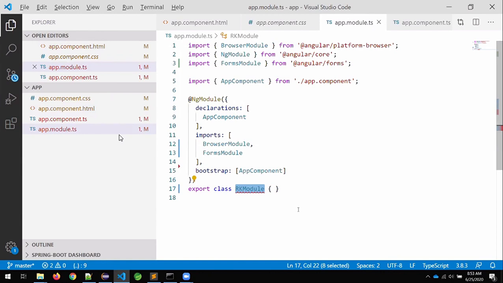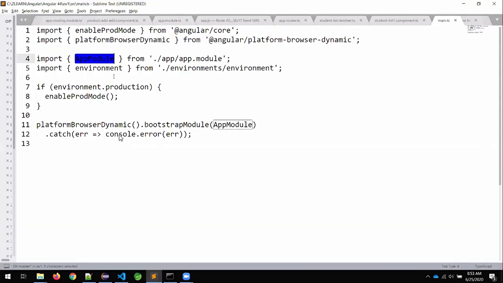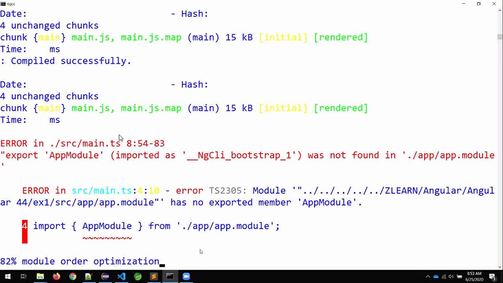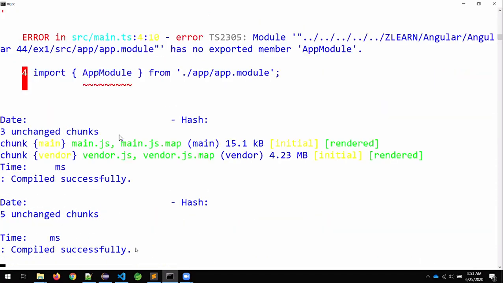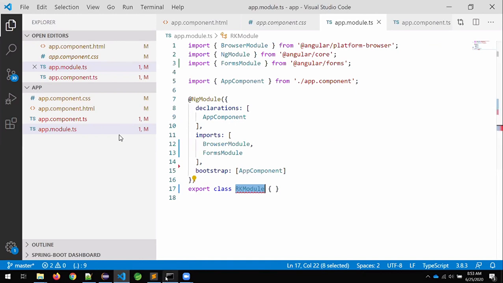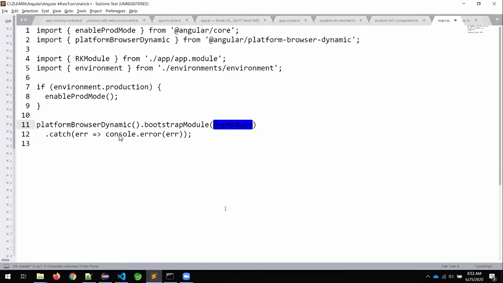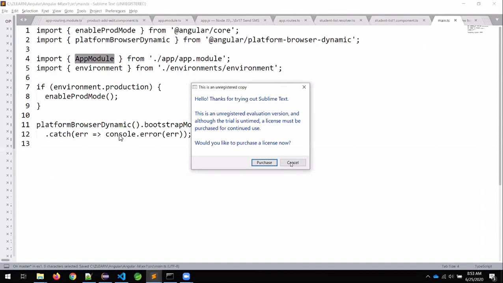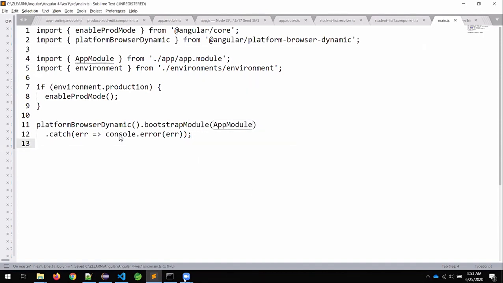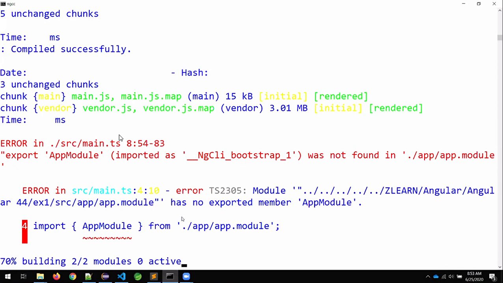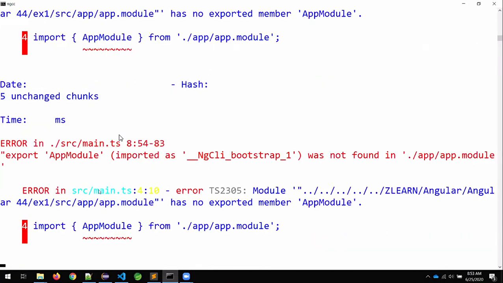Now, what is the file name? RK module. See, compiled successfully. Suppose you modify there and you forgot to modify your main.ts. At that time, it will check main.ts and we don't have the app module.